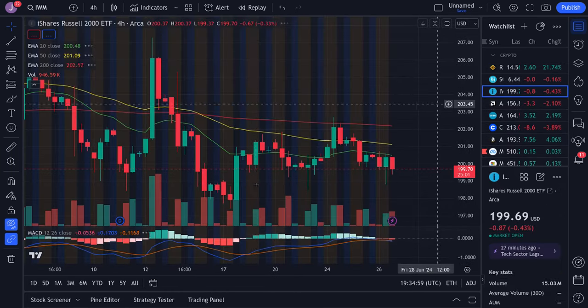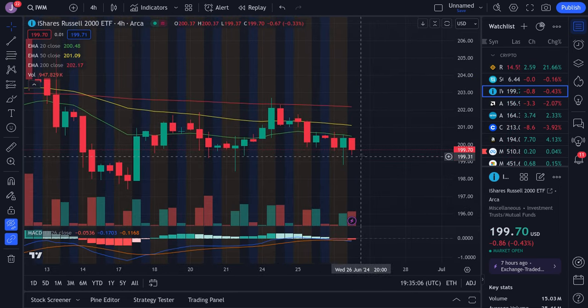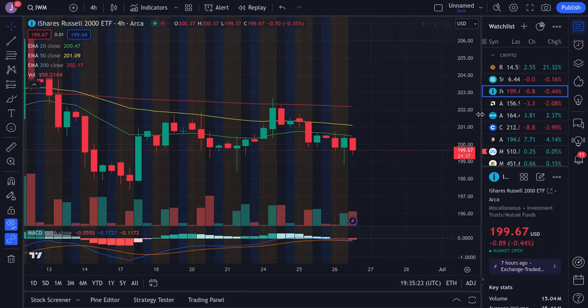For the IWM Russell 2000, we have kind of like a head and shoulders like structure, also showing some weakness compared to the overall market. I did mention yesterday it's going to likely just shuffle, and that's what we've been seeing. So I'll be looking at 199. If we lose this, I'll be looking at 198, then eventually some balance fill around the 197s. And then we have resistance currently at 200, and then 202 would be our next target above that. I think it's going to shuffle, and there is a risk of downside looking at the structure. So just be careful. We could be dipping back down to